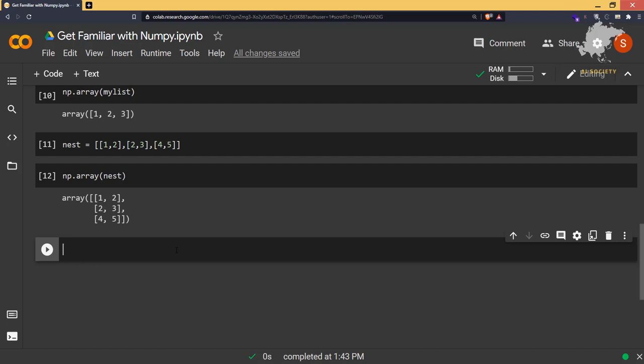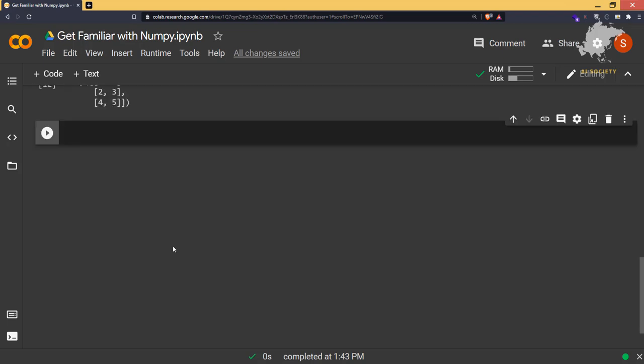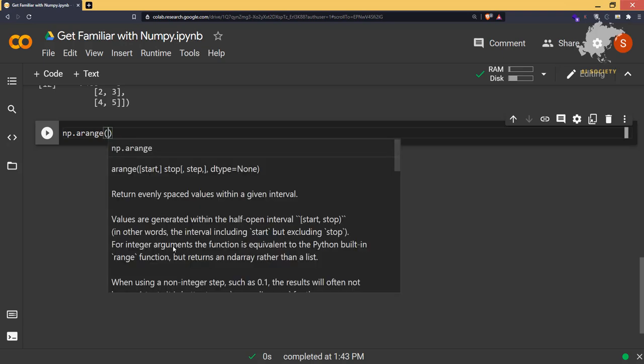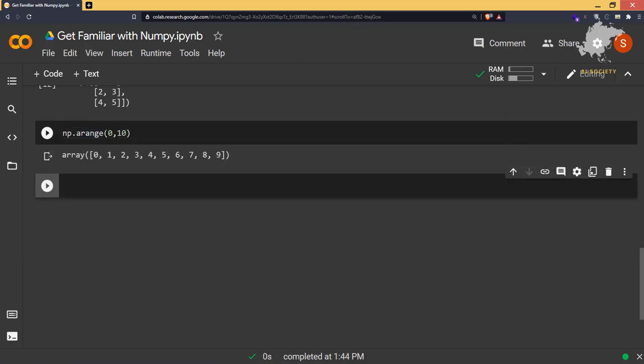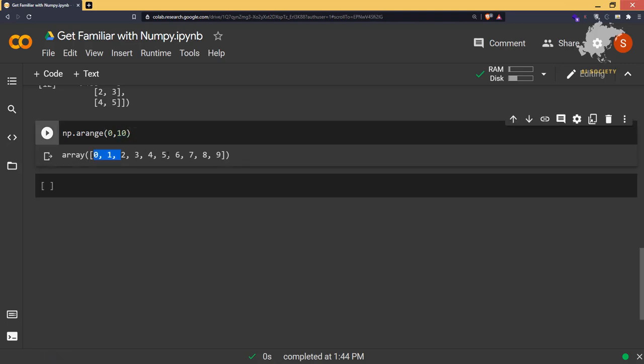So let's talk about the other methods that we have to create arrays. One method is very similar to the range method, and it is called arange. Remember the range method from Python? It's exactly the same. It is going to return evenly spaced values within a given interval. In the same way, you have to give start and stop. If you give a start like 0 and a stop like 10, it is going to give you the elements between 0 and 10. It is not going to include 10. The same thing is done with the range method that we did.